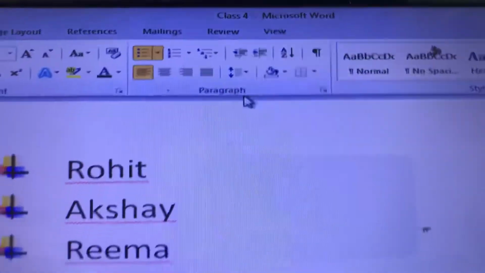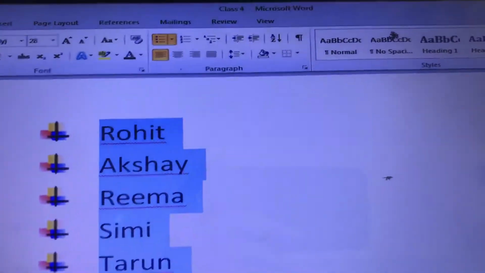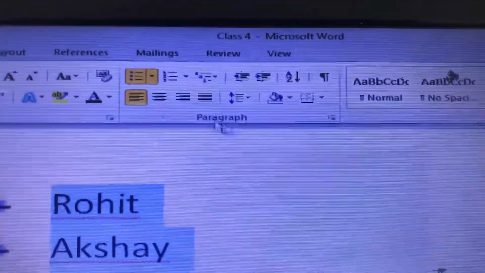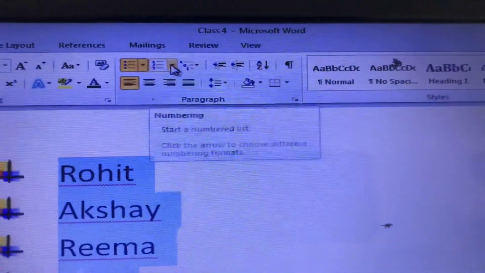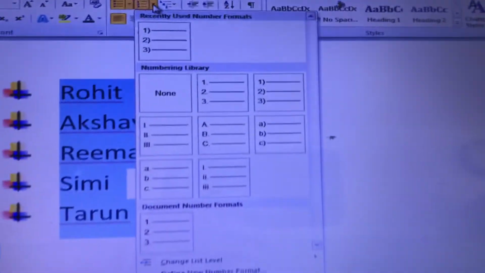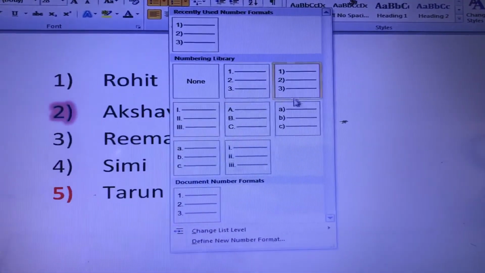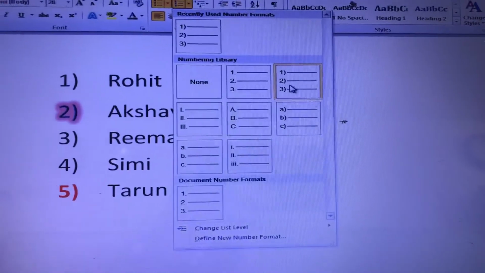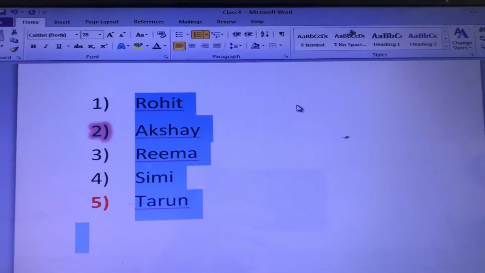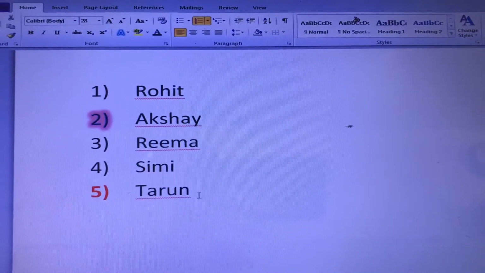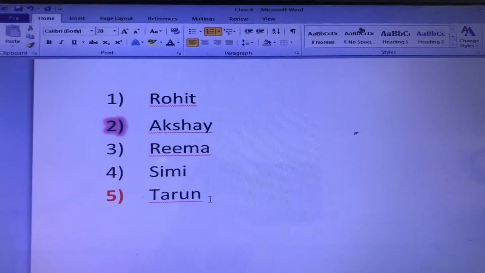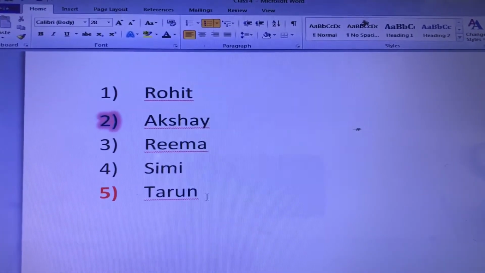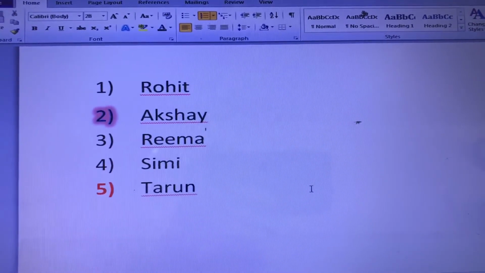In paragraph group, here is a numbering icon. You have to click on drop down arrow, and from here you can select any numbering style. I'm selecting this one, and it's done. Understood now how to apply bullets and numbering to the list of items.